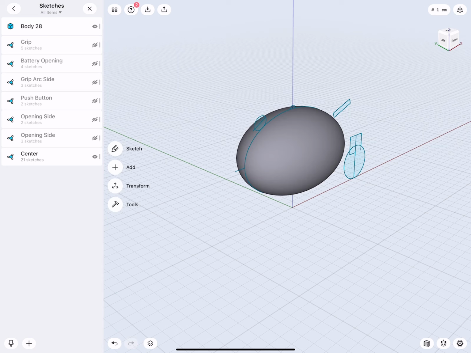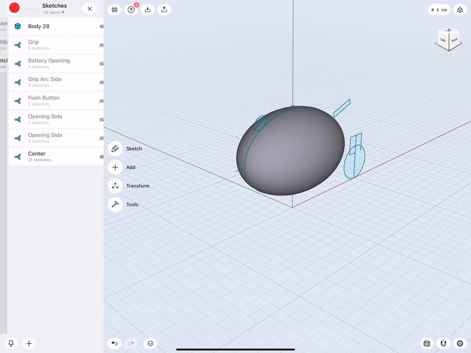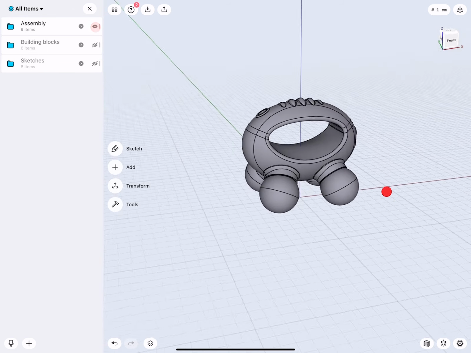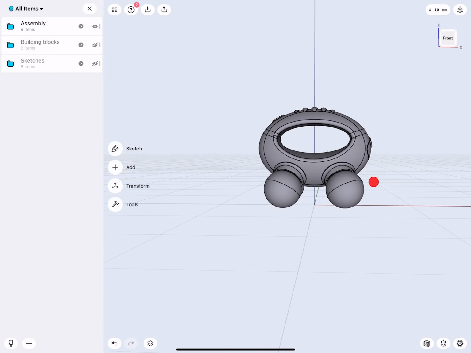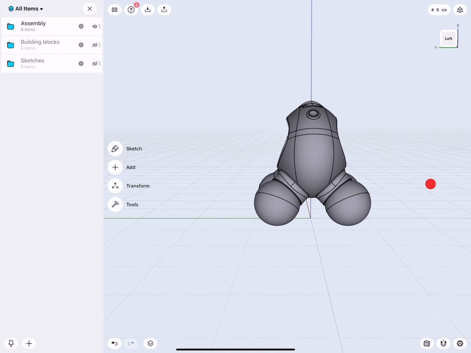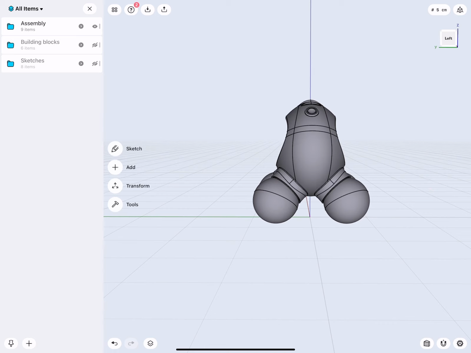Now the body of the massage tool from the side is an ellipse, but from the front, this is not an elliptical cross section. It is a circular cross section because we revolved half of the ellipse.